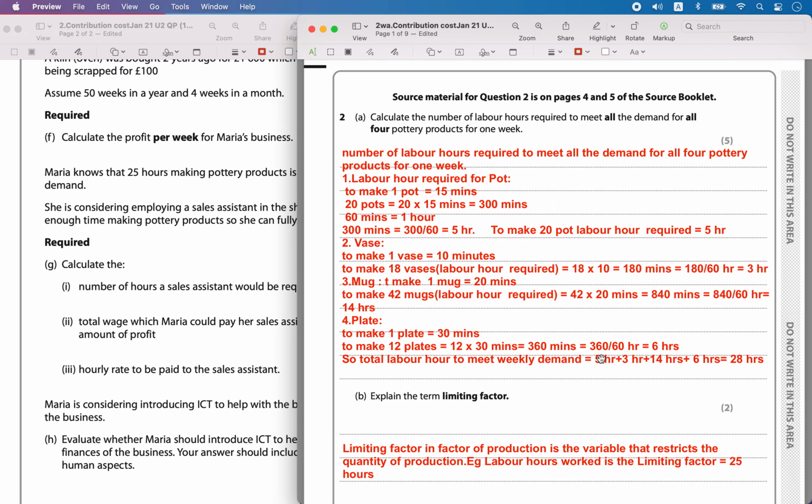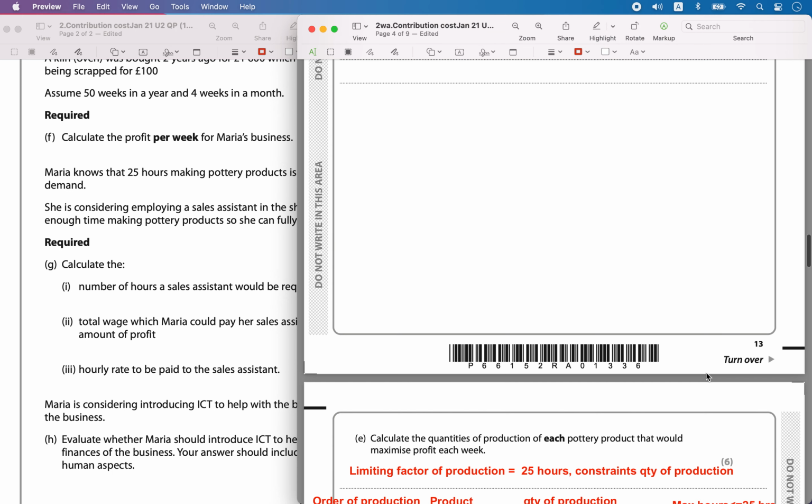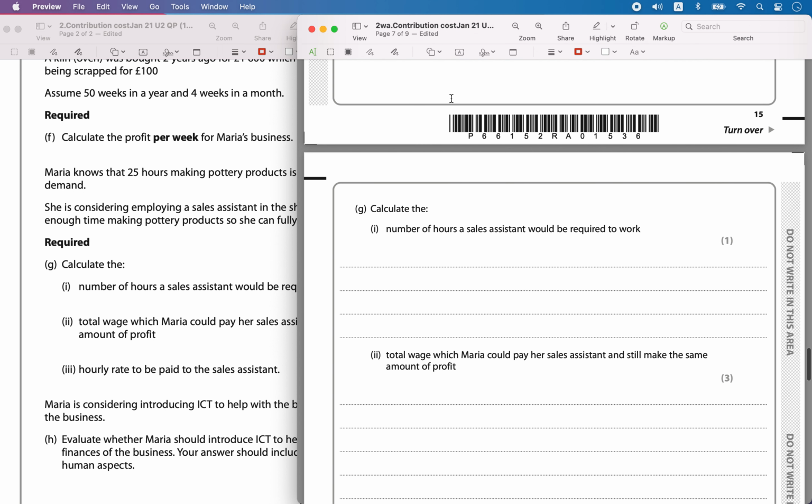Okay, it requires 12 plates to be made. So the assistant has to work for 3 more hours, because in 3 hours she is able to complete 6 plates. Another 3 hours the assistant works, she will be able to meet the weekly demand. So that's what we have to write. So in 3 hours she will be able to make the 6 more plates required to meet the weekly demand,